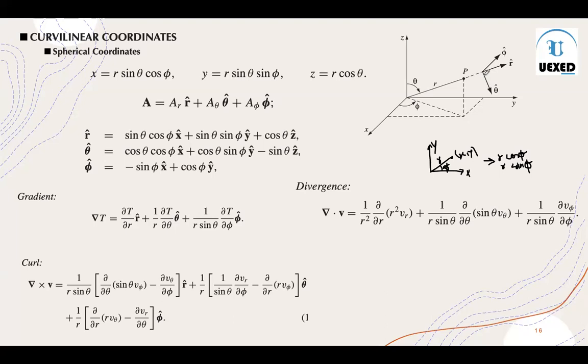Now in a spherical polar coordinate system, we have theta cap, r cap, and phi cap. You have to represent any vector A in terms of these unit vectors, which you can do like this. So vector A is now A_r r cap, which is called the radial component. This is the polar component, and this is called the azimuthal component, with the corresponding unit vector in that direction.